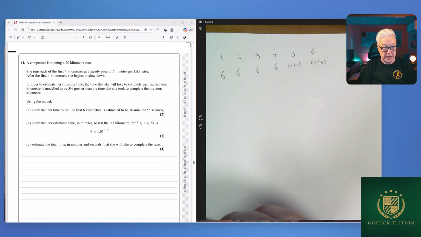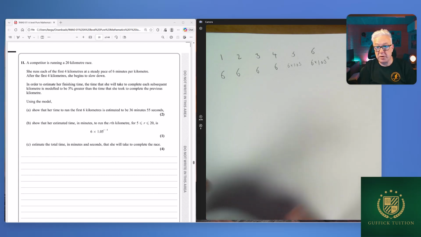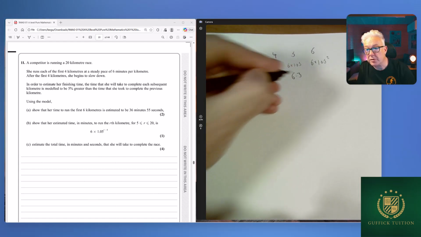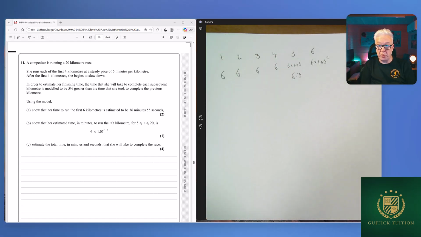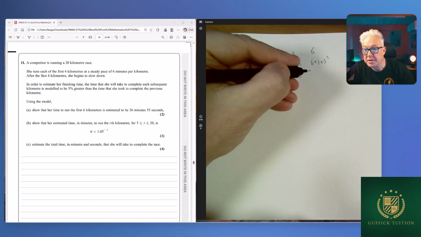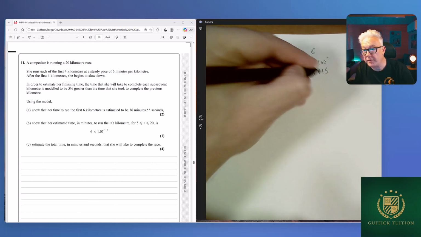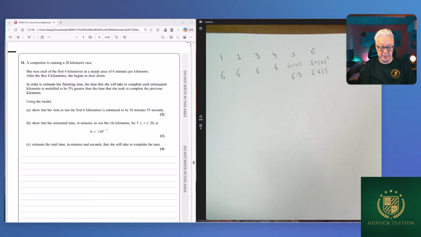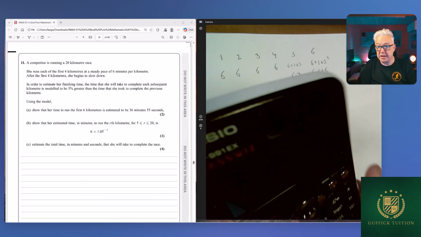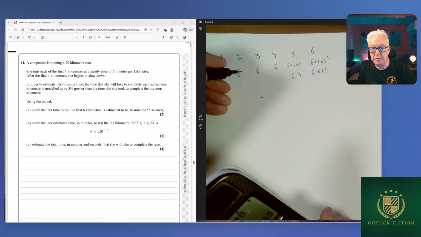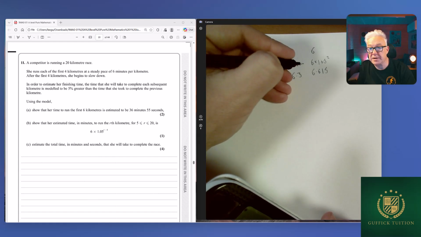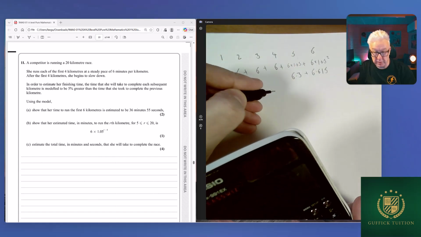So let's have a look. 6 times 1.05 is 6.3, and then times that by 1.05 as well gives us 6.615. So let's do 6.615 add 6.3 add 6 add 6 add 6 add 6. So we add all of that up, kilometres 1, 2, 3, 4, 5, and 6. That comes to